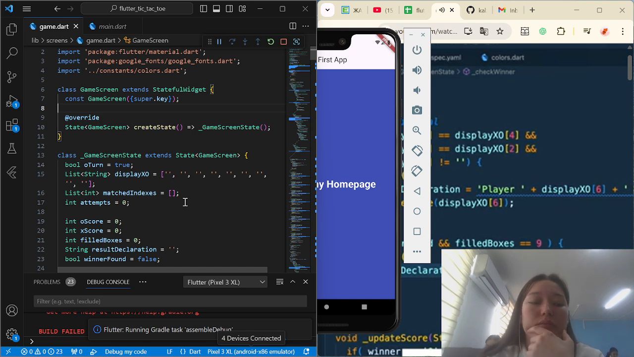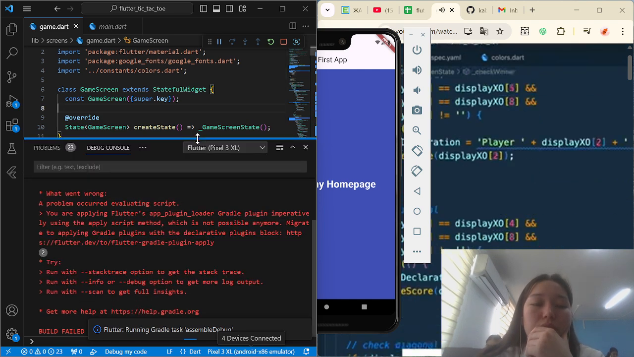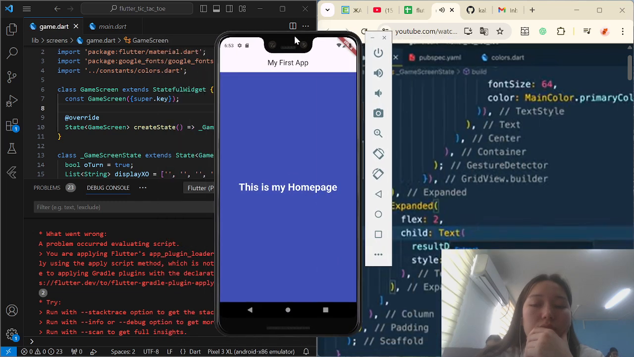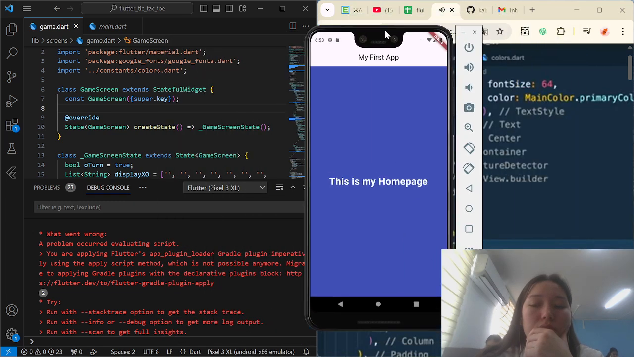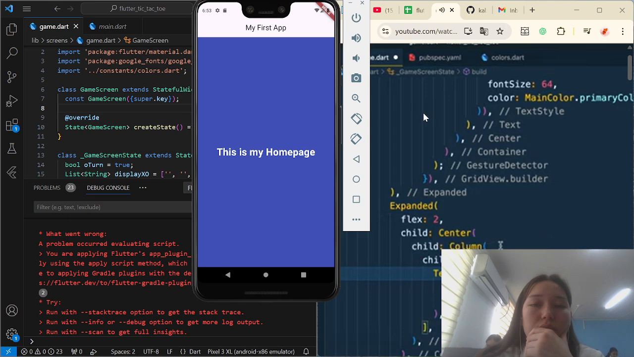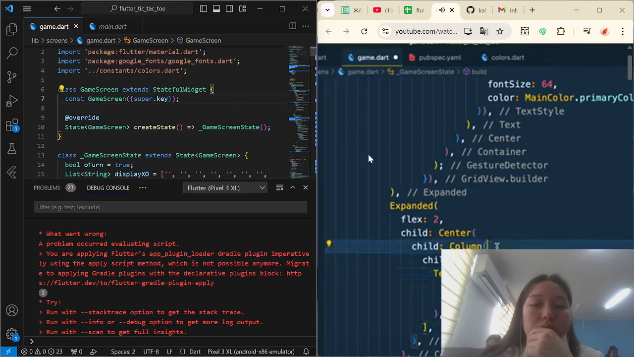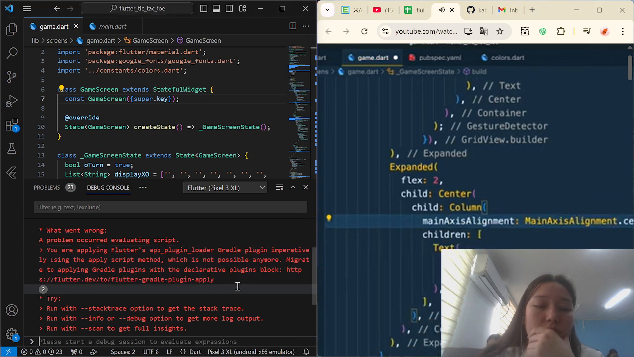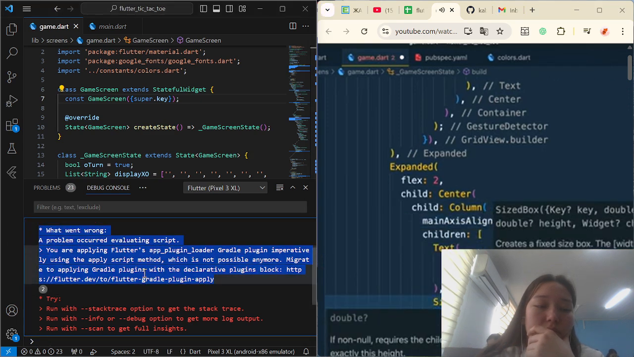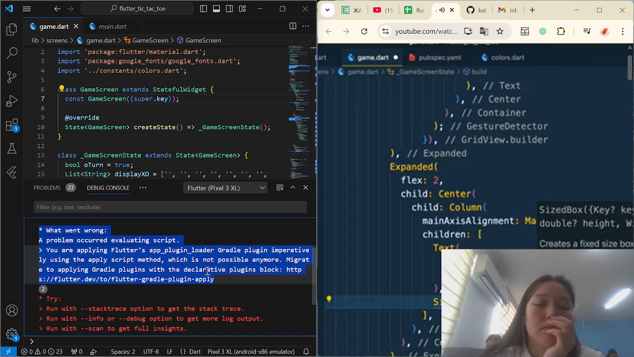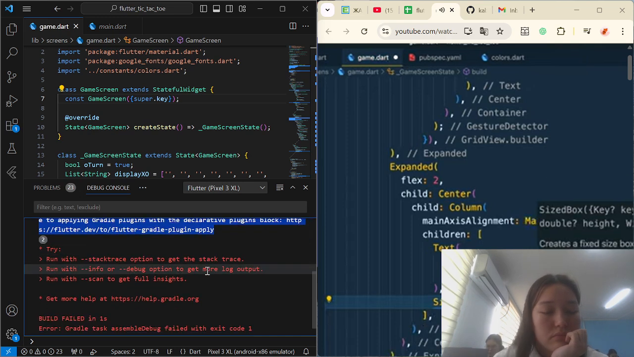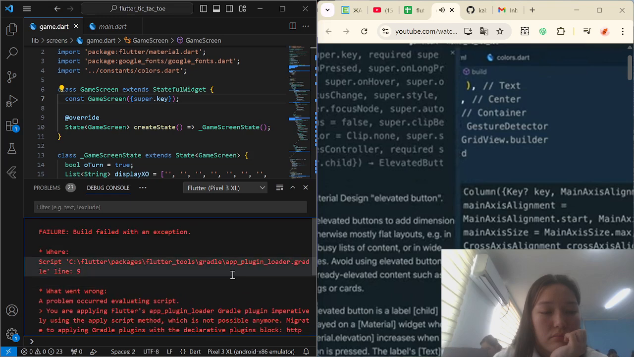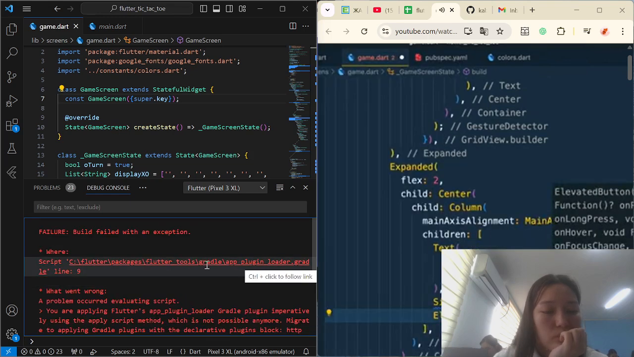Now we need to provide a functionality to clear the box. So for that, here we need to create a button. First I am wrapping it with a center widget and also a column widget, and for the column main axis alignment I will provide main axis center, and after that let's provide a sized box, and for the sized box height I will provide 10, and after that I need to create a button, and the button will be an elevated button. So here for the elevated button